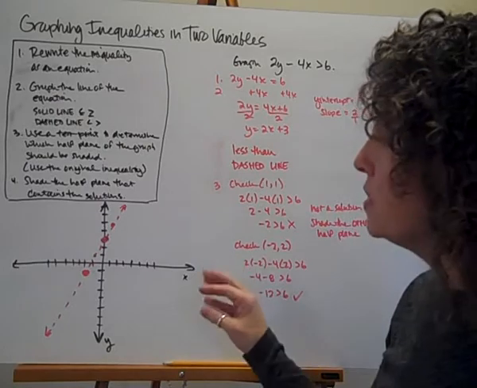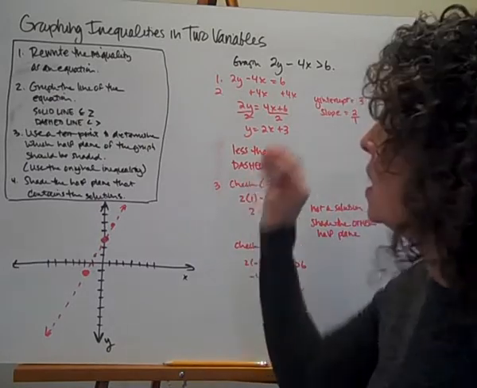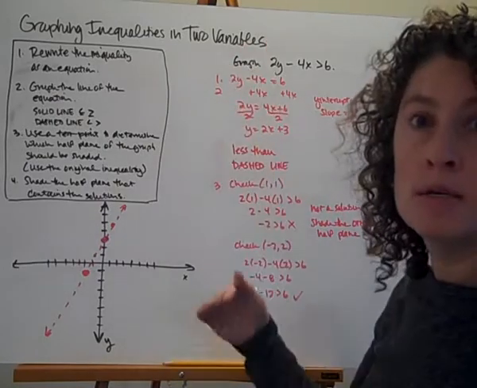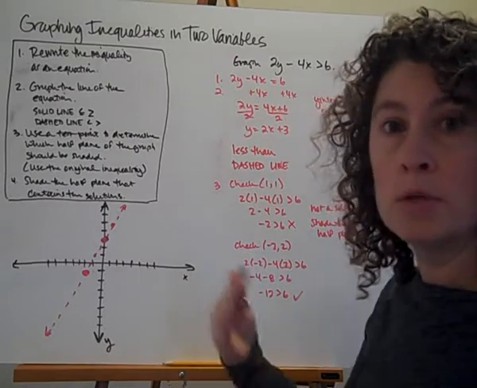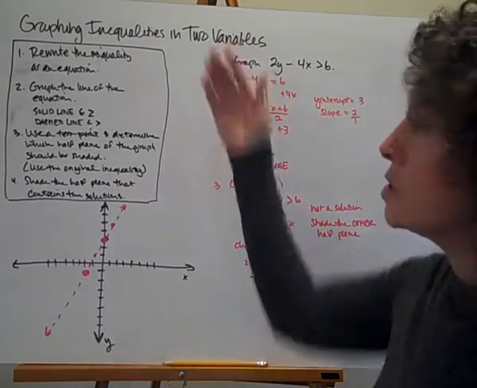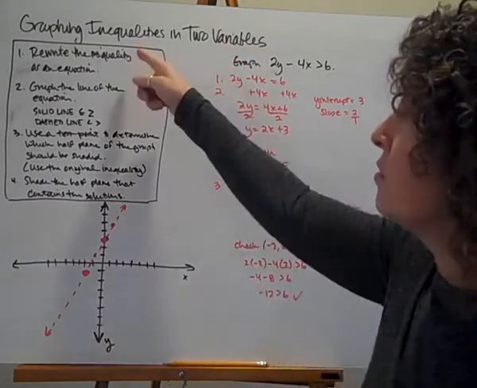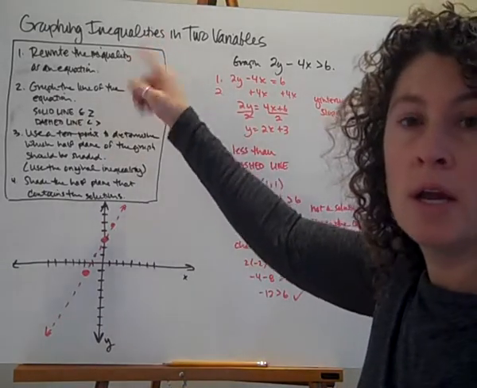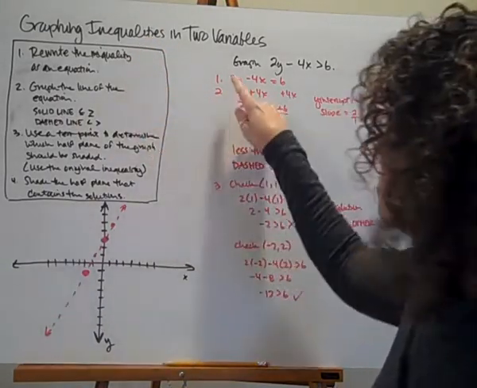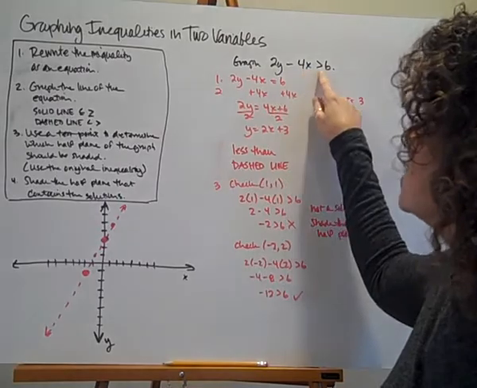There are some things that are very similar between graphing inequalities in two variables and graphing inequalities in one variable, so we'll talk about that as we go along. So let's walk through the steps of how to do this. The first thing you're going to do is take that inequality and rewrite it as an equation for now. So I've rewritten my 2y minus 4x is greater than 6